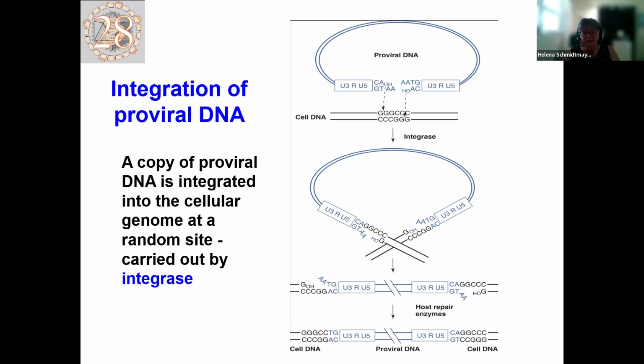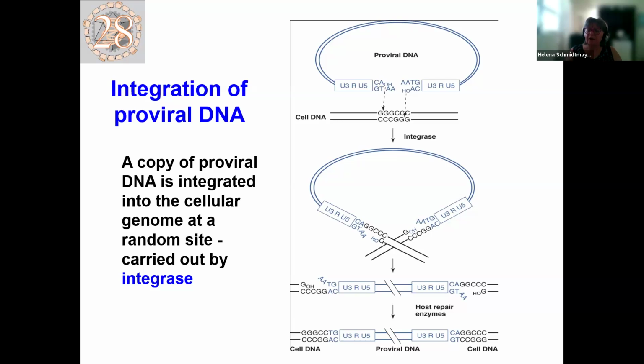Proviral DNA integrated in the target DNA is random, meaning integration is random. There is no specific site or specific chromosome to which a retroviral DNA would integrate. However, it usually integrates in the area which is transcriptionally active, which makes sense because when genes are transcribed, the